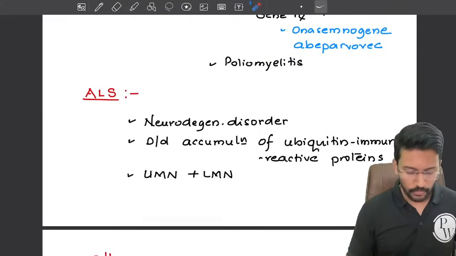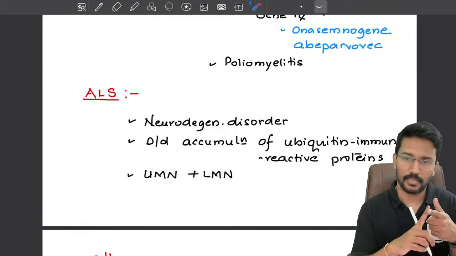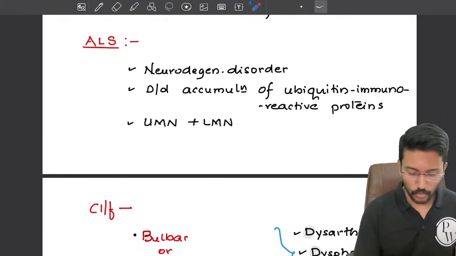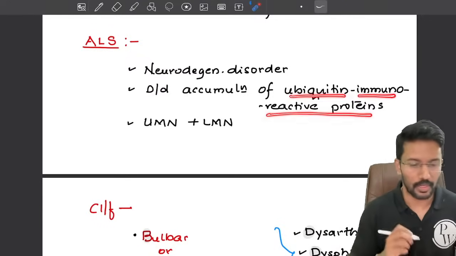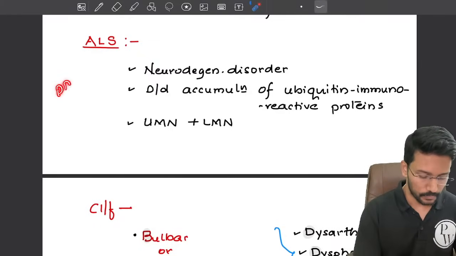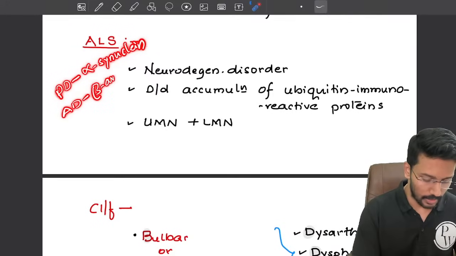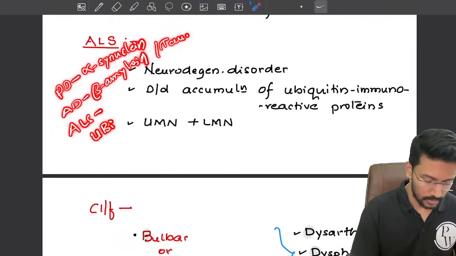Okay. Now we will focus on a few points about amyotrophic lateral sclerosis. Just like Parkinson's disease and Alzheimer's disease, it is also a neurodegenerative disorder, and here it is due to accumulation of a substance known as ubiquitin immunoreactive protein. Parkinson's disease was due to accumulation of alpha-synuclein, right? Alzheimer's disease was due to beta amyloid and tau proteins, and this ALS is due to ubiquitin immunoreactive